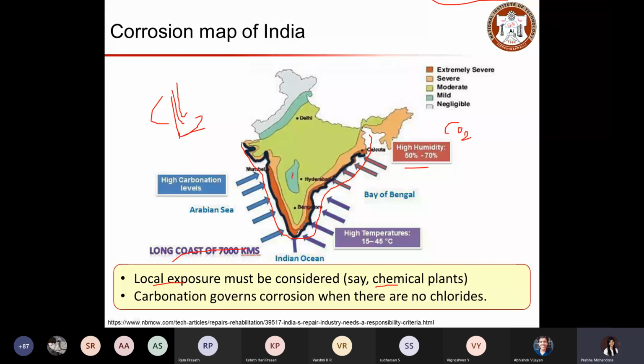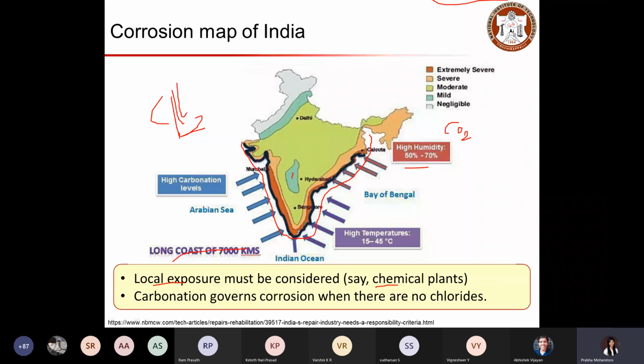So it requires a lot of attention to prevent corrosion, right? So the local exposure condition must be considered. Whenever we construct a structure, we have to consider the local exposure condition. Accordingly, you can change the requirements for meeting the demand.